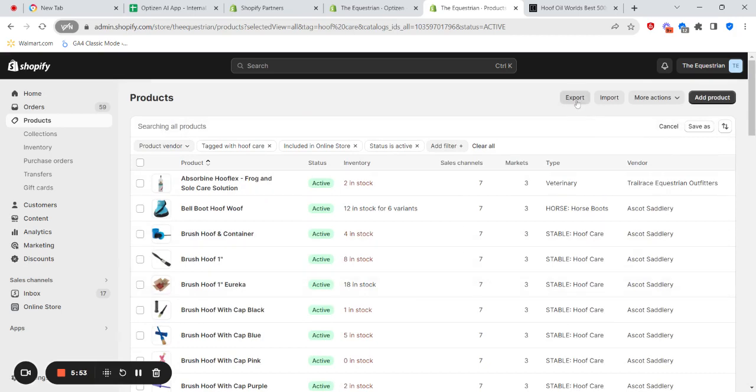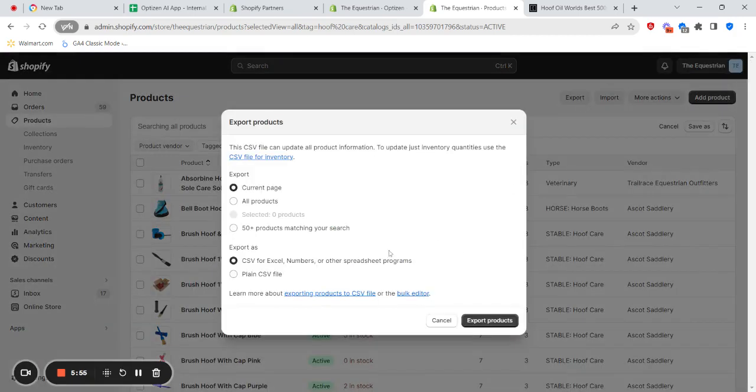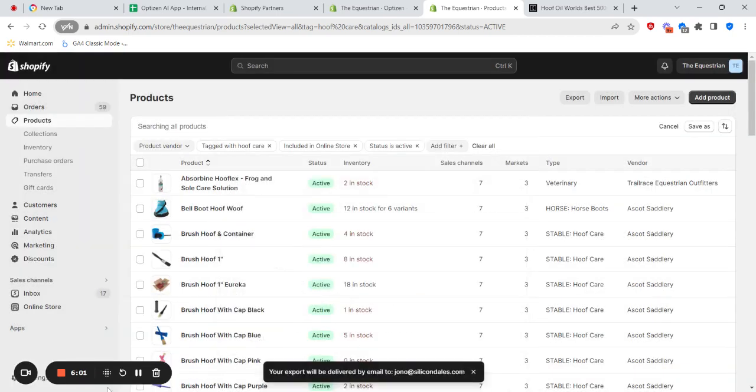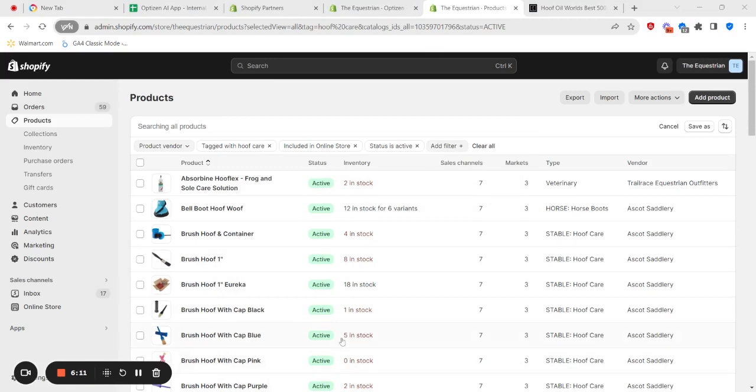Okay, so what we'll do now is we're going to export. Select all 50 products matching your search, and we'll export those products. Okay, so we've exported those products to a CSV, and I'll pull over the CSV here. All we need from this is the handle and the title of the products. So first thing we'll do is copy